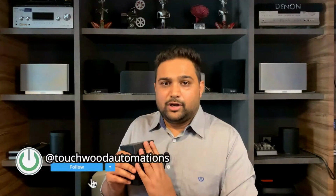Now coming back to this particular speaker, as I said, it has a very small tweeter and a very small mid-range driver. Generally all satellite speakers have hardly 1 to 1.5 inch tweeters and around 3-4 inch mid-range drivers. That is why these speakers don't really give the bass which you expect from a speaker, and they have to rely a lot on a woofer to do the job of producing the low frequency